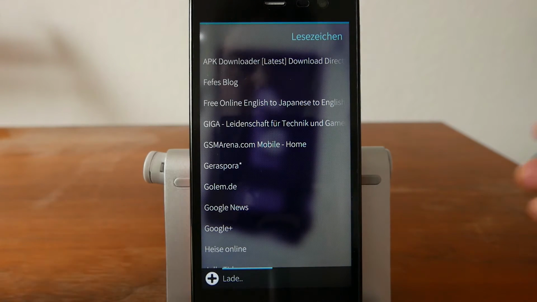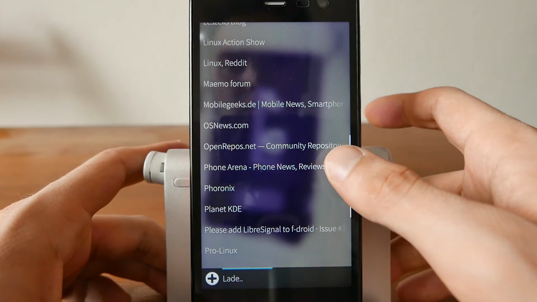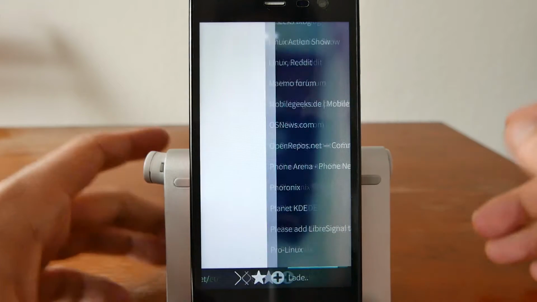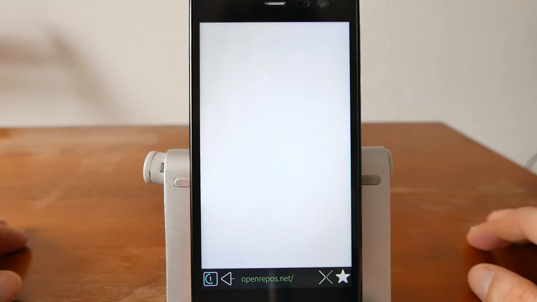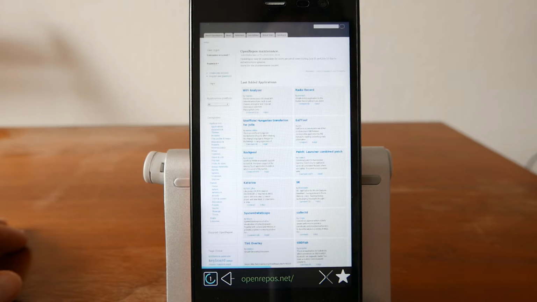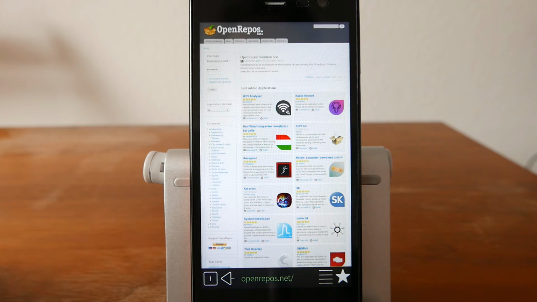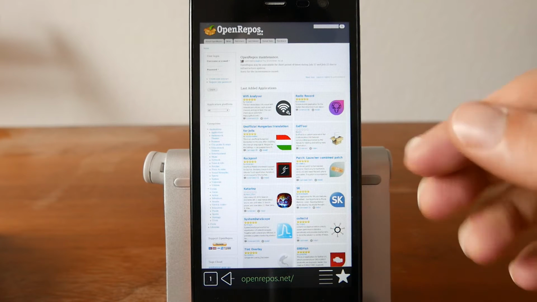or software collection repository for SailfishOS applications, not only SailfishOS applications, but mostly also SailfishOS applications. So you can get onto the website called openrepos.net, and if my internet connection wouldn't be so slow, it would load a lot faster. And there you have the option to basically surf around and search for applications. So if you don't have a SailfishOS device and you want to search for particular applications that are available, you can also do that here on